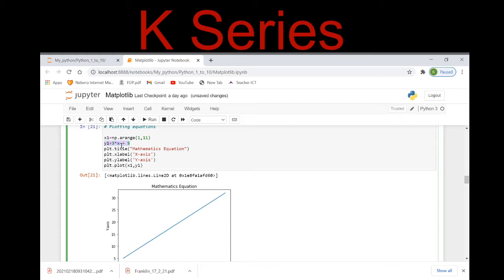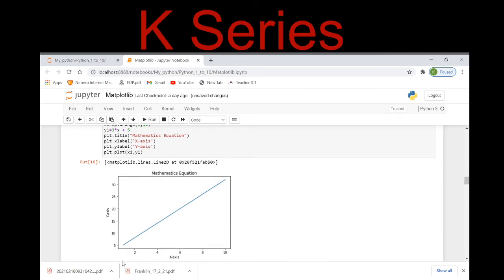So here plt.title, let me execute. See here, this is giving me a simple single linear line with plt.xlabel as x-axis, ylabel as y-axis, and my title says mathematics equation, right?